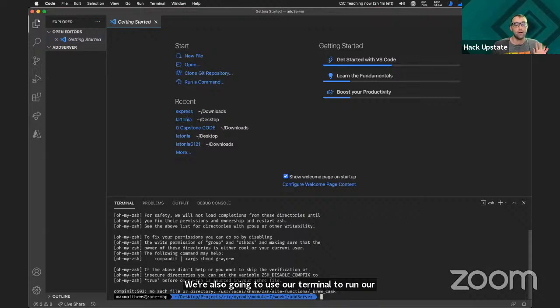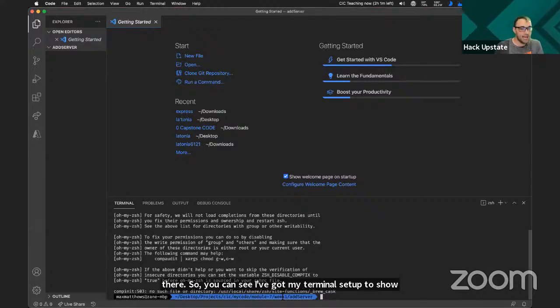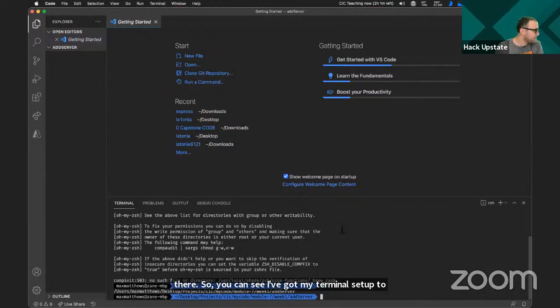So Code Sandbox was kind of doing that for us behind the scenes, right? But we're going to be using Create React App to get our server up and running and really understand what's happening there. You can see I've got my terminal set up to show me my path. It never hurts to run pwd and make sure you understand where you're at.